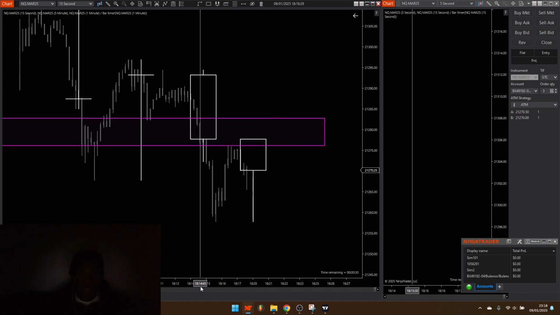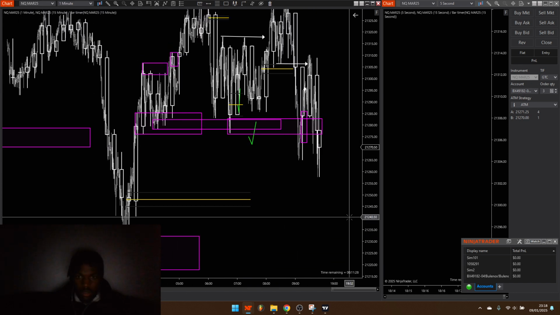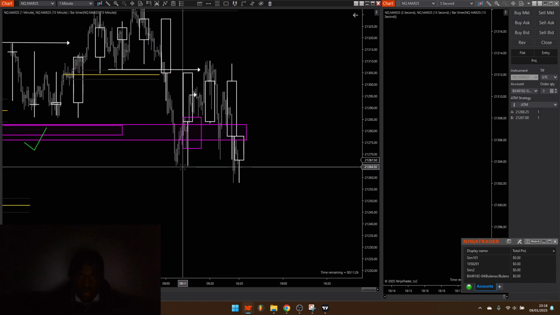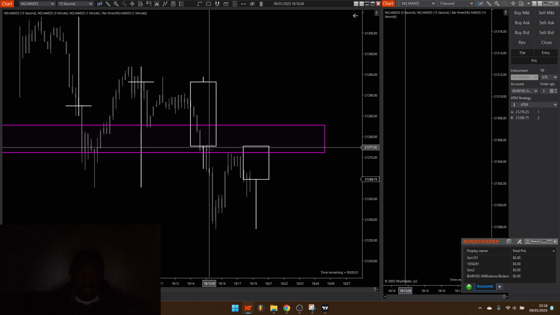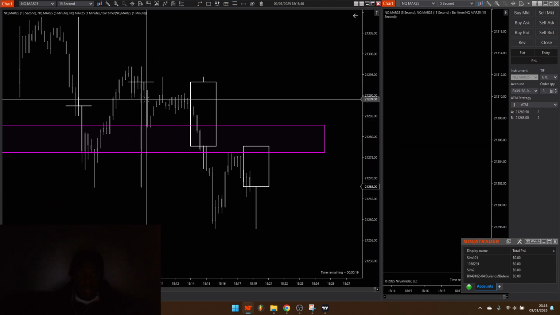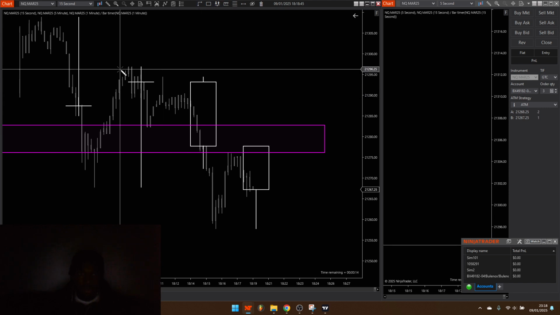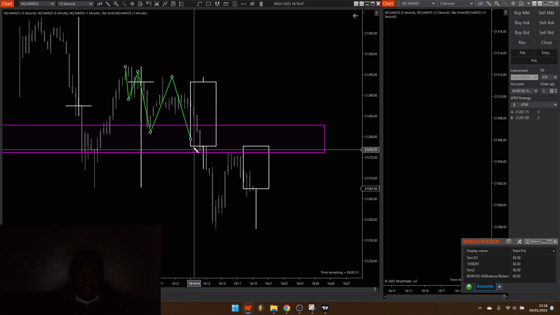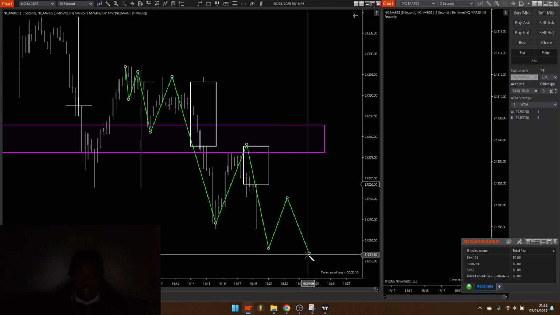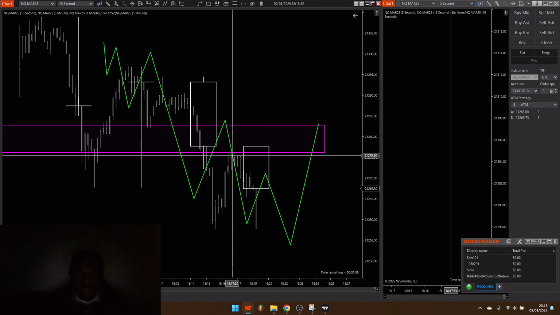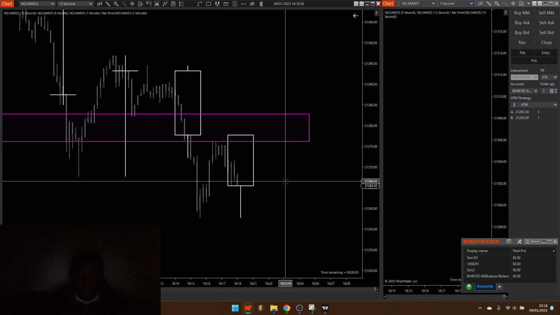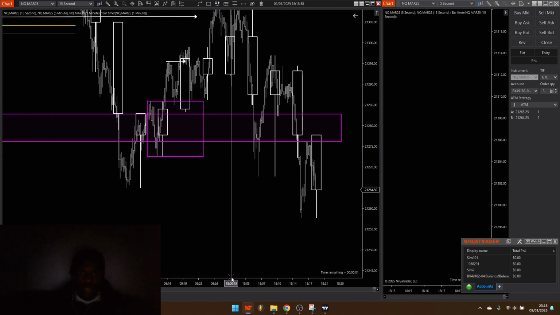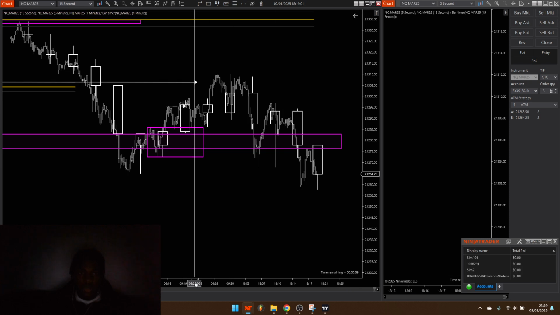That was fast. But I only see one, two, three closures out of a pullback. So I need to at least see one more closure out before considering to counter trend this move. The 5 minute range that we're trading out of,